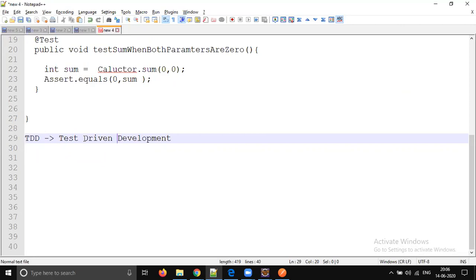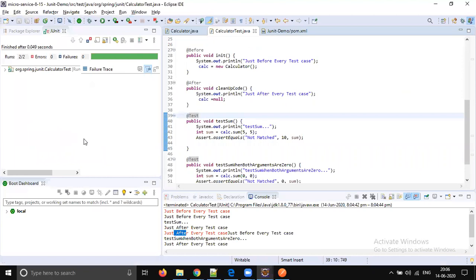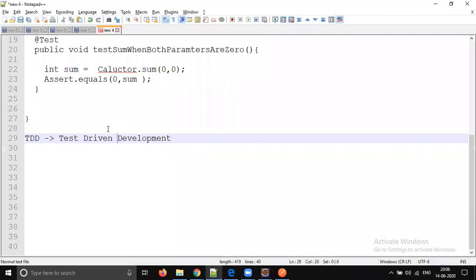So you have to start with the JUnit test cases first, right? You should know what you want to achieve. So first you write all the JUnit test cases, then you will go and write the code which will make all the JUnit test cases pass. Okay, so that is one of the patterns, but some companies will follow it and some companies will not. If it is a TDD development approach, then you should know how to write good JUnit test cases, right? So you should be an expert in JUnit test cases. But this is one of the models, one of the styles in which people write code.